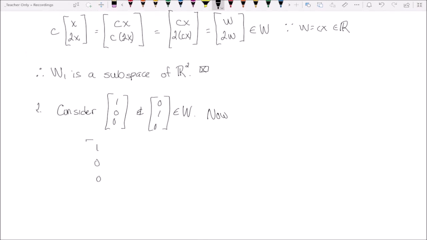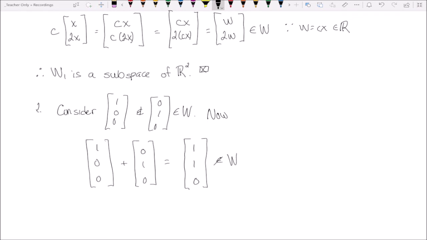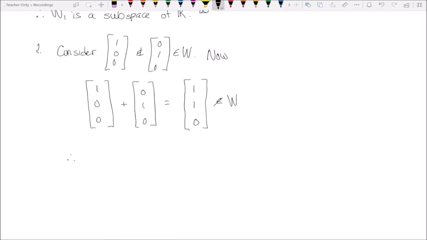Now what happens if we add them? We'll get (1, 1, 0). Well, 1 times 1 is not 0, it's 1. So this is not in W. So it is not closed under addition. So there's no way, let's call this W sub 2, is a subspace. So it is not a subspace